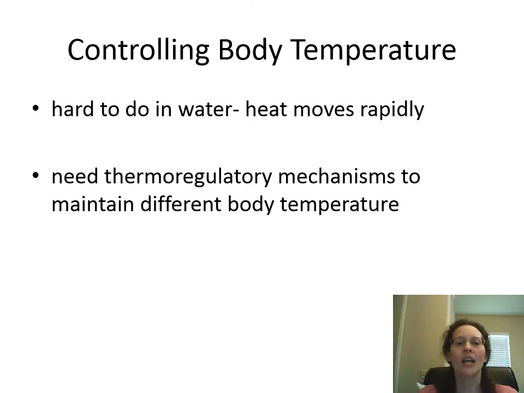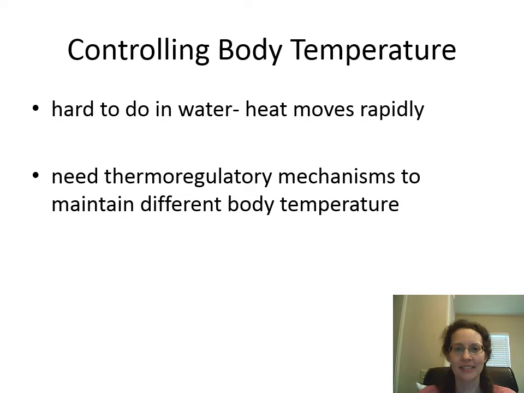organisms. So we're in the water, and we've talked about this before. It's just hard to control your body temperature in the water. Heat moves really rapidly. This is that idea that you go to the beach on a nice hot day and you go in the water and it's warm, and after 20 minutes or so, you've got goosebumps and you're cold, because the water is very good at leaching that heat out of your body. So you need some kind of thermal regulatory mechanism to maintain a different body temperature than what you're in